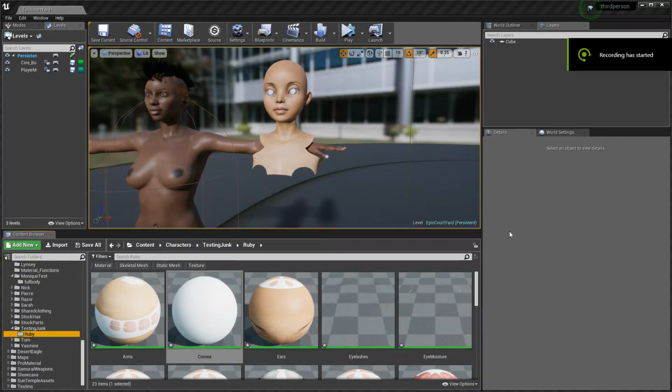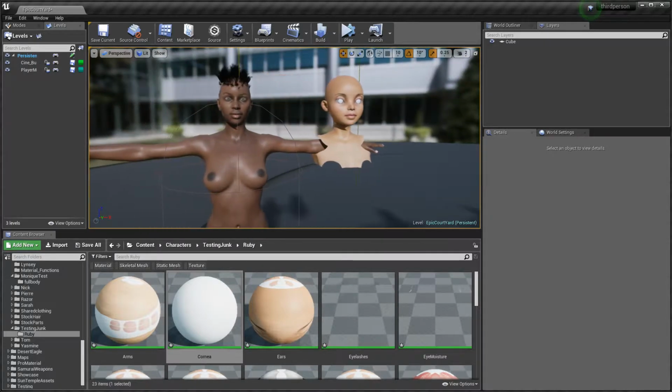Hey, okay, so I've been doing some preliminary testing on setting up the rules for creating unique heads for Urban Terror that can be added for uniqueness to a given player model. So what are the rules for construction, so to speak? So in this case,